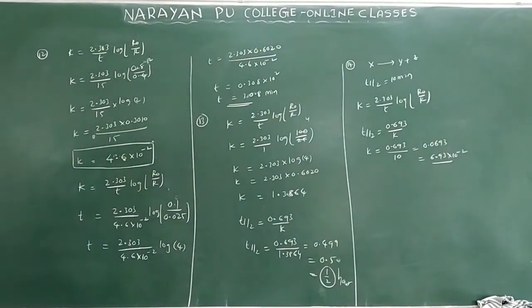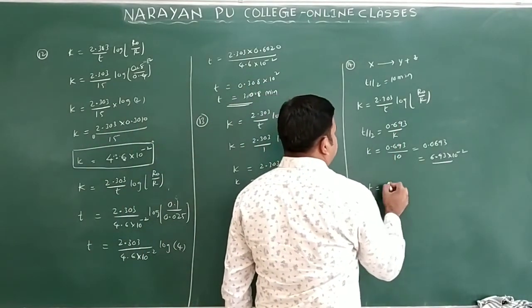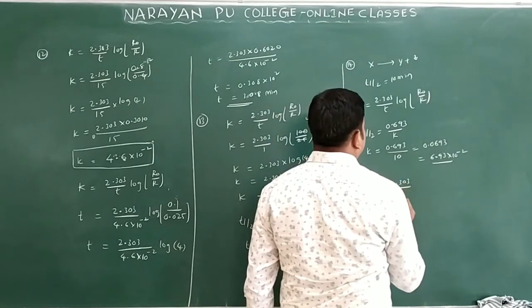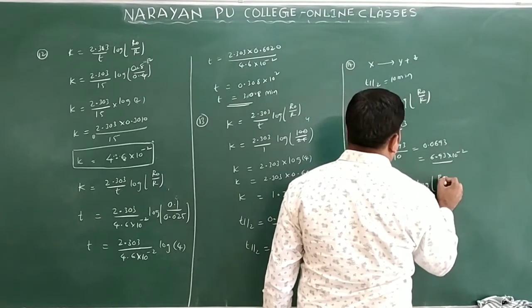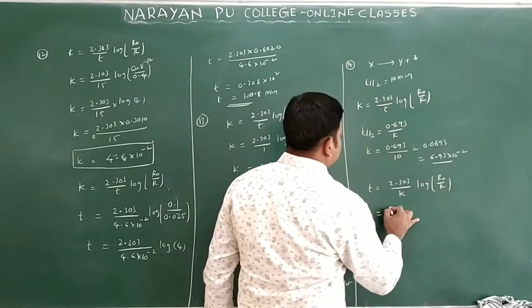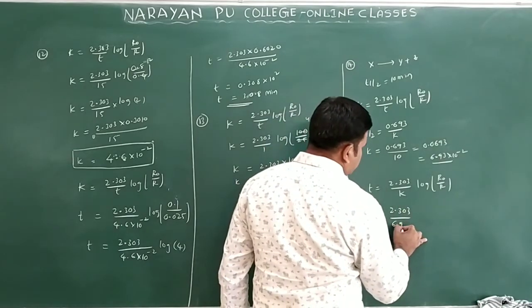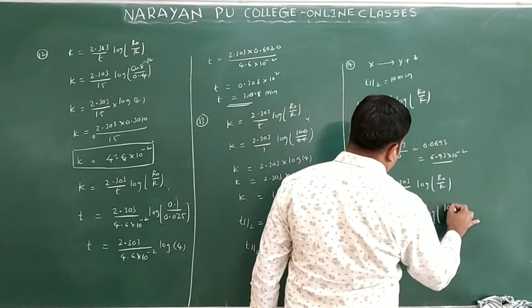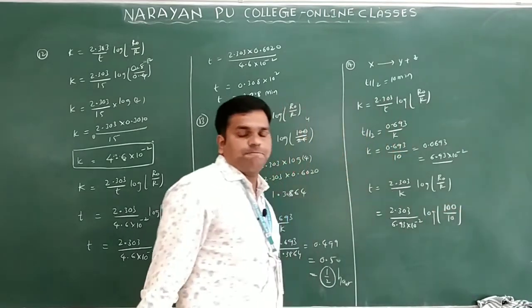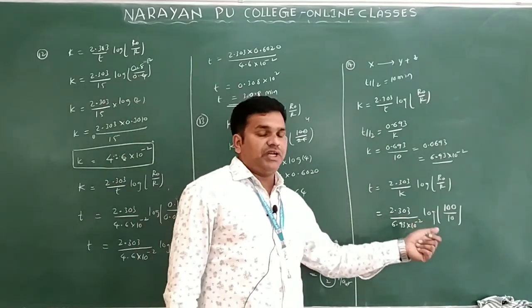Now what can you find out here? We want to find out the time for the reaction. So if you take this formula, T is equal to 2.303 by K into log R naught by R. So you take 2.303, and the K value is 6.93 into 10 power minus 2. Initial concentration 100 is reduced to 10%. Clear? So here you are finding K, and by using that K, we are finding the time for the reaction.